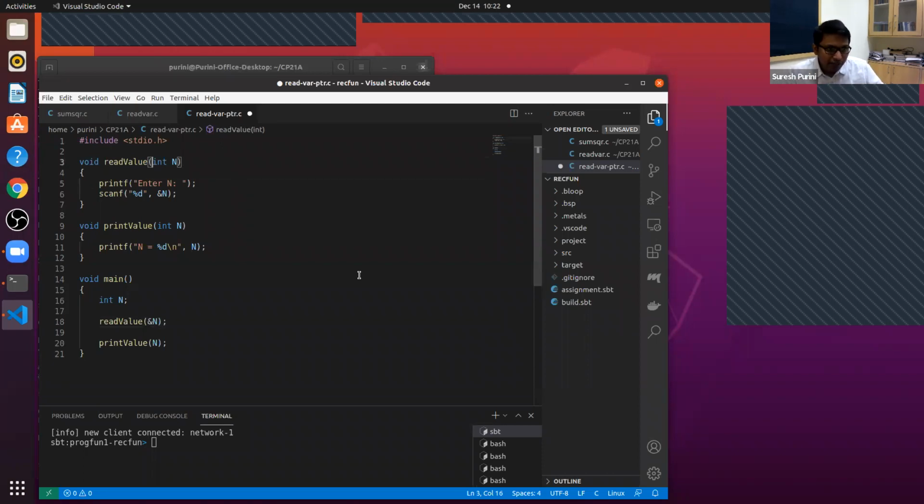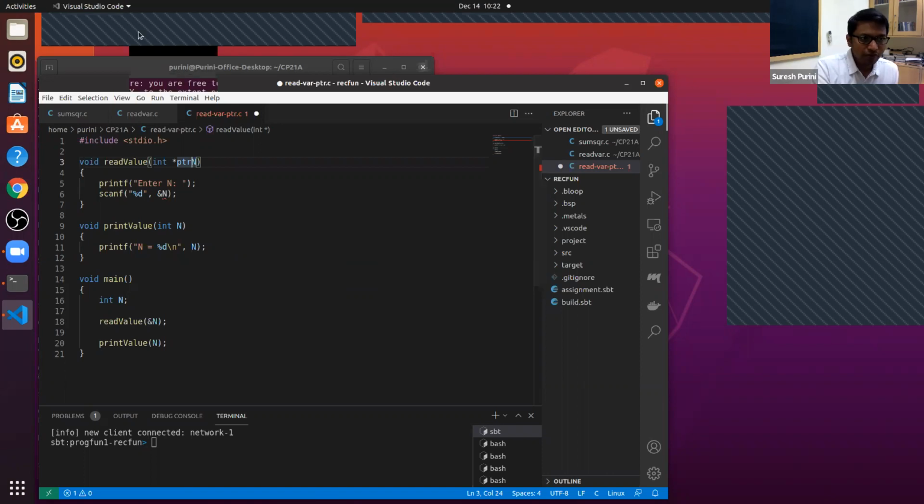The parameter for read value is ptrn; we use that star to indicate that the data type of ptrn is a pointer, an address, and it contains the address of a memory location which holds an integer. So we are introducing a new data type, the pointer data type.